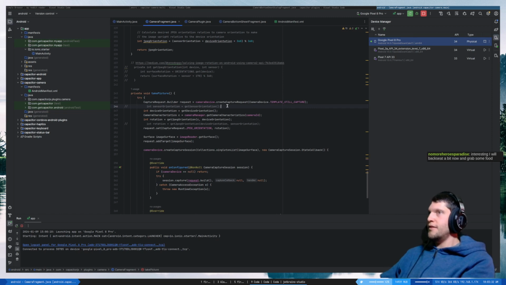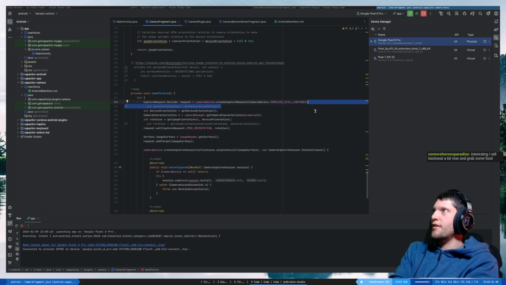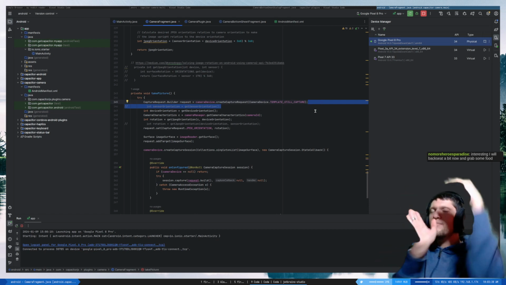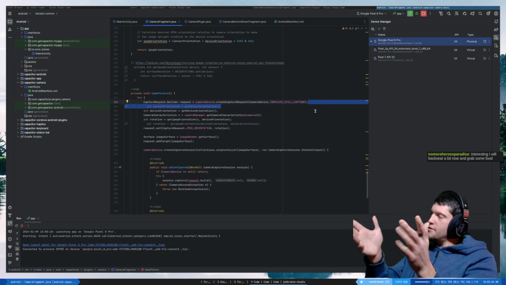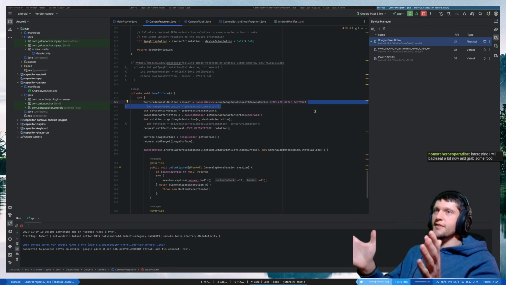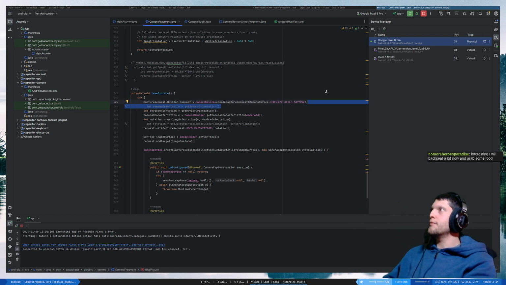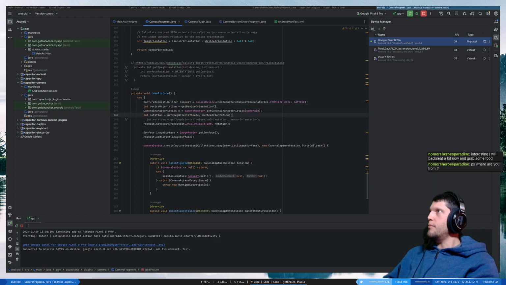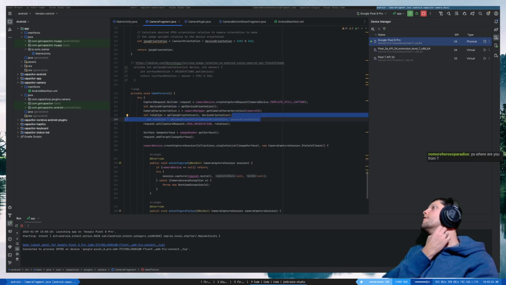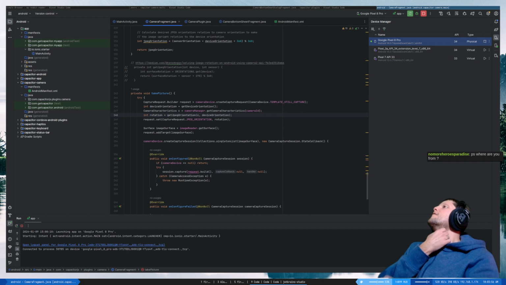Alright, well anyways, I think this is good enough for now, these orientations. It was just completely rotated before, and now if I just take a picture straight on, it's properly rotated. So, good enough. I can move on to the next part of what I wanted to do, which is,